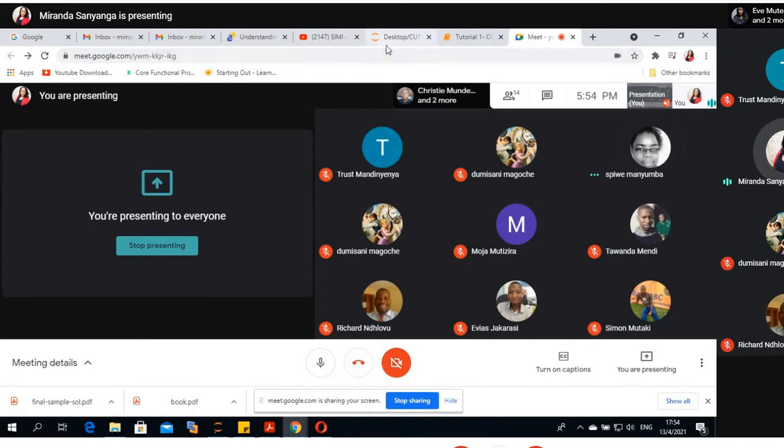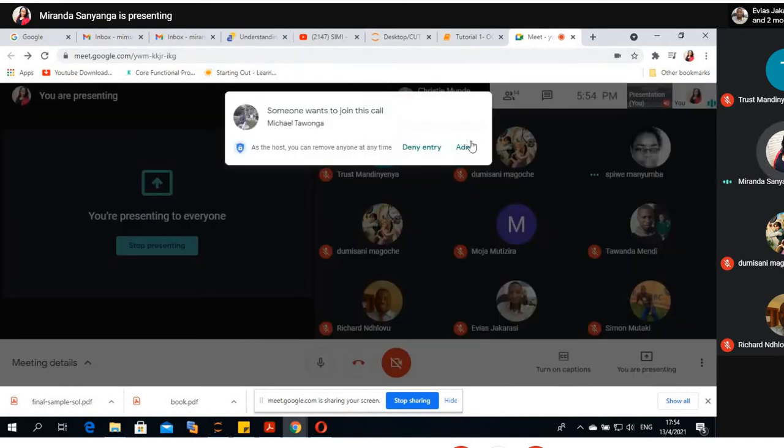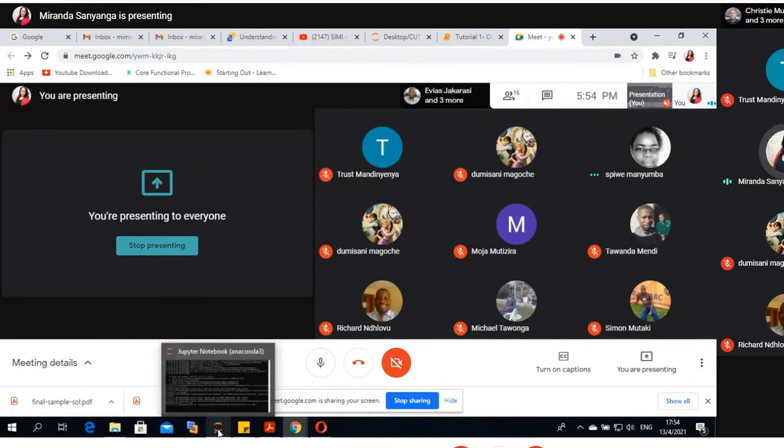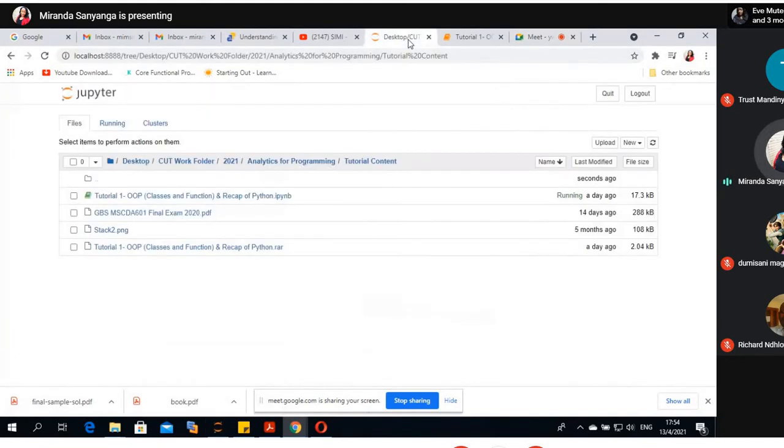When you're in the exam, you start by loading your Python. I already pinned mine to the taskbar, so it's just a matter of clicking there and you'll be able to load the browser. So when I click there,